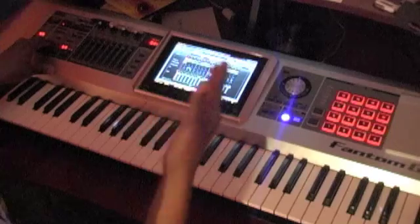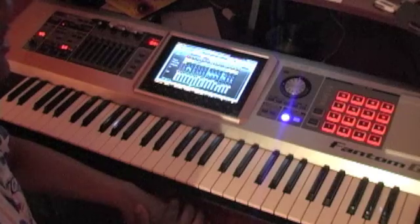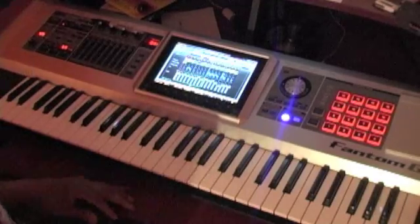So the bass, I'm just gonna stick with the root note. So I use 4 chords, right? B minor, F sharp minor, G major, and A major. So the bass is gonna be